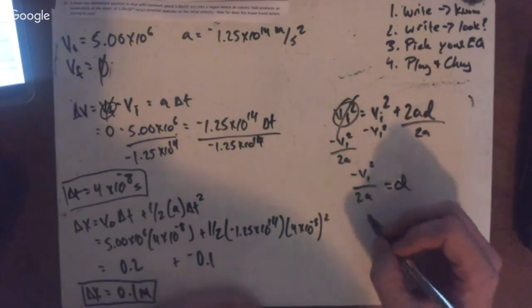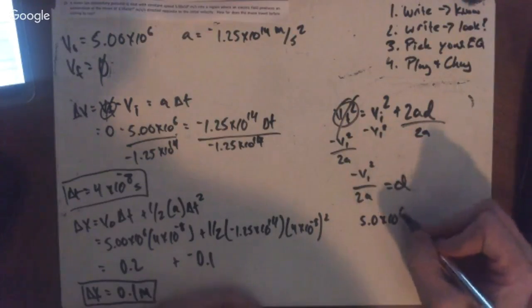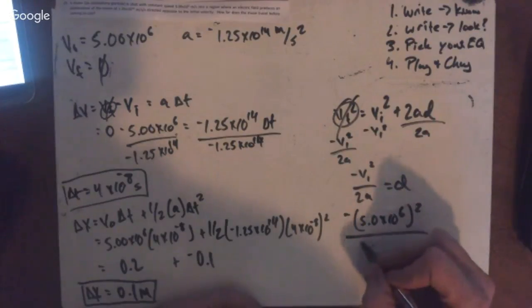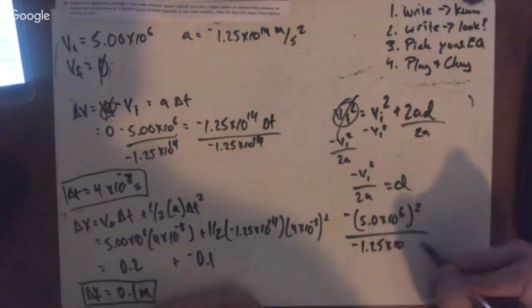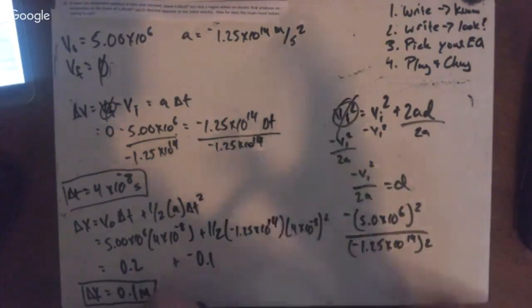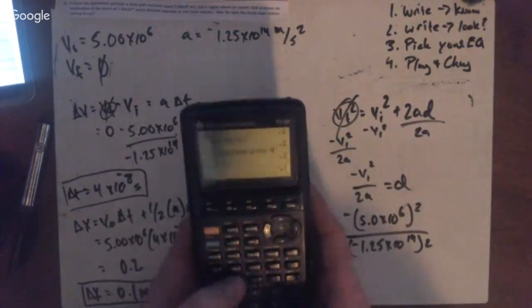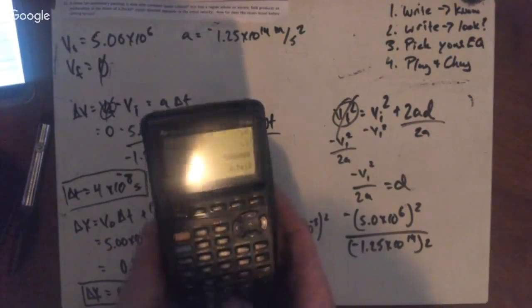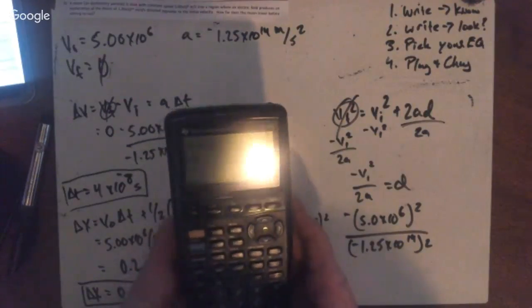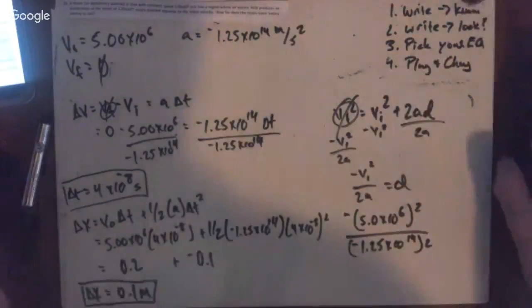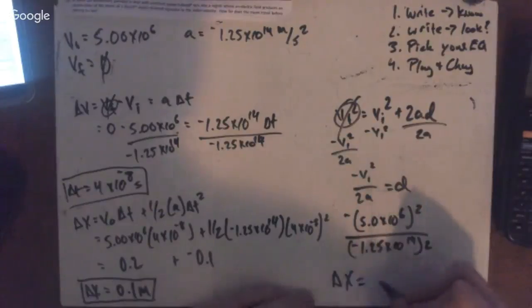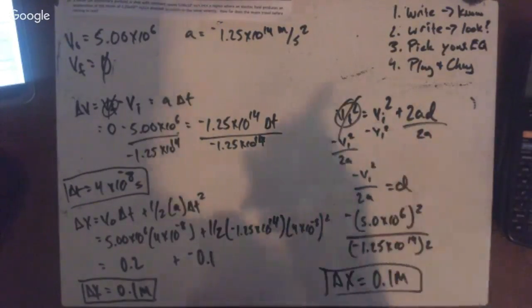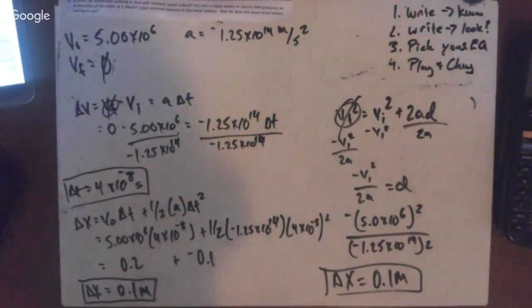So negative VI squared is negative 5.0 times 10 to the 6th squared divided by negative 1.25 times 10 to the 14 times 2. Let's go ahead and plug that in. 5e to the 6 squared divided by 1.25e to the 14 divided by 2. And surprise, surprise, I'm not surprised at all. 0.1. Boom, there we go. You can see that we got the same answer in both spots, that it worked out quite well. Okay, that is one of the more difficult ones,